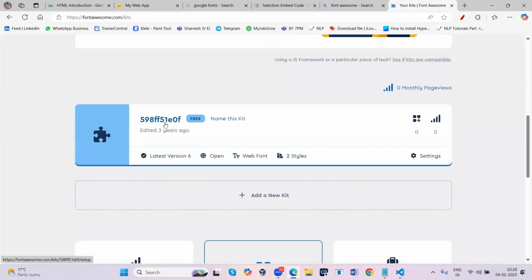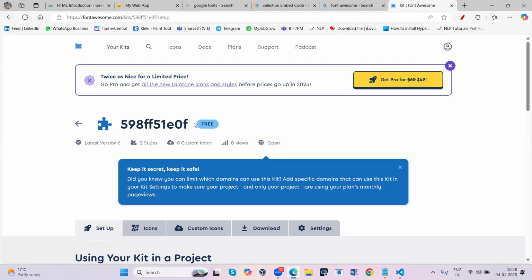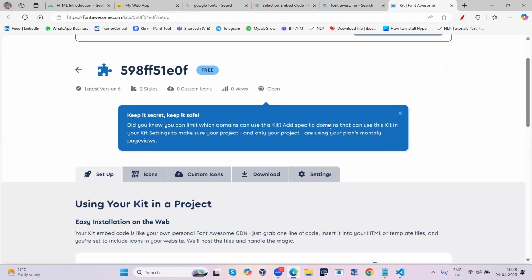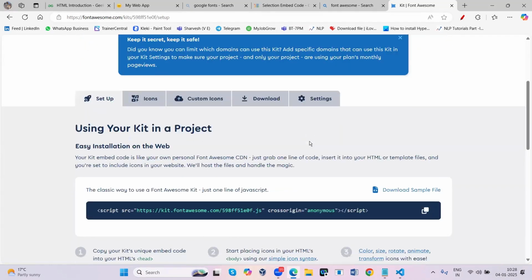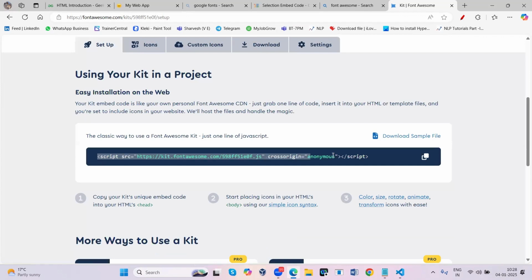Now what I'm going to do is just click this. If you click this one, it is going to give the link for us. See here, where is the link? This is the snippet. You have to copy this snippet. This is a script tag, a JavaScript tag. So you can copy this. We will explain the script later.